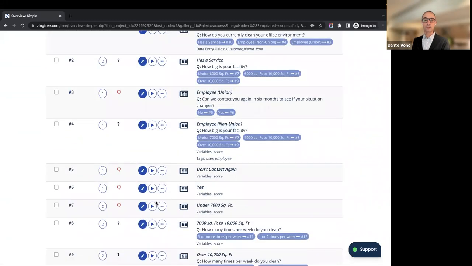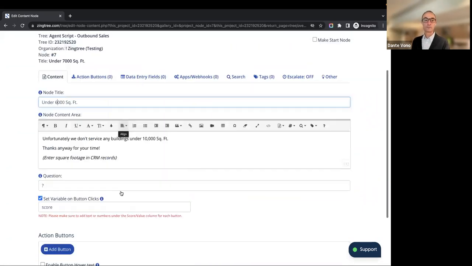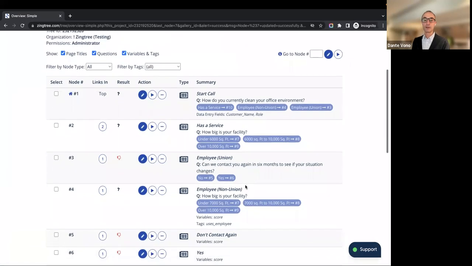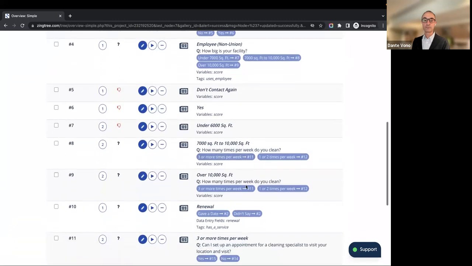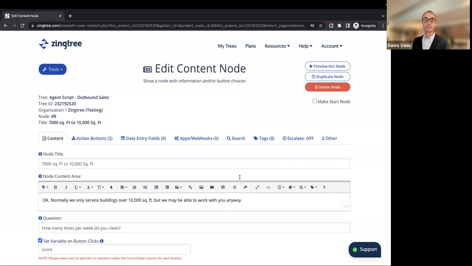Now we found 7. Let's change that. We want to change this title. I'm saving these changes along. We're back at the top of the list, but we want to go to 8. So we have to scroll back down and find 8 and edit this node and change this. So I won't go any further than that. This is something that you're familiar with, but keep that in your mind.